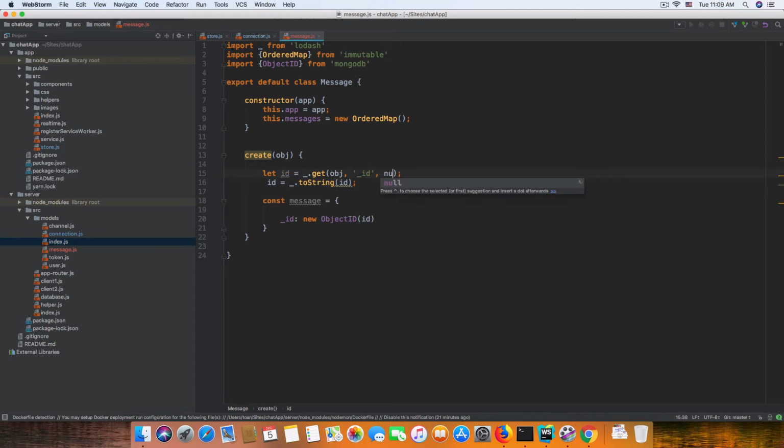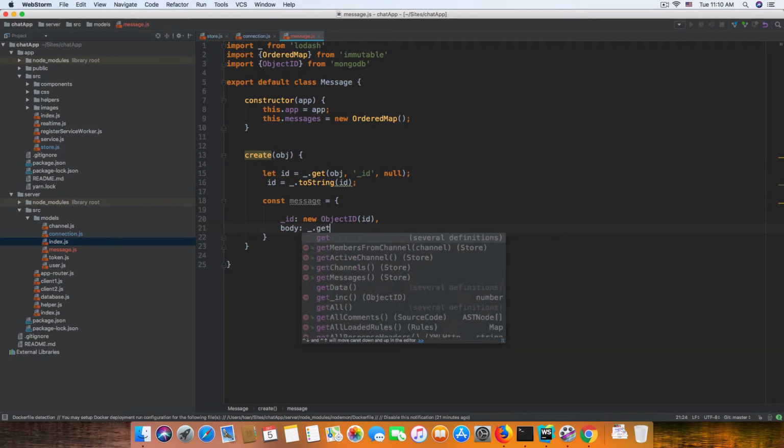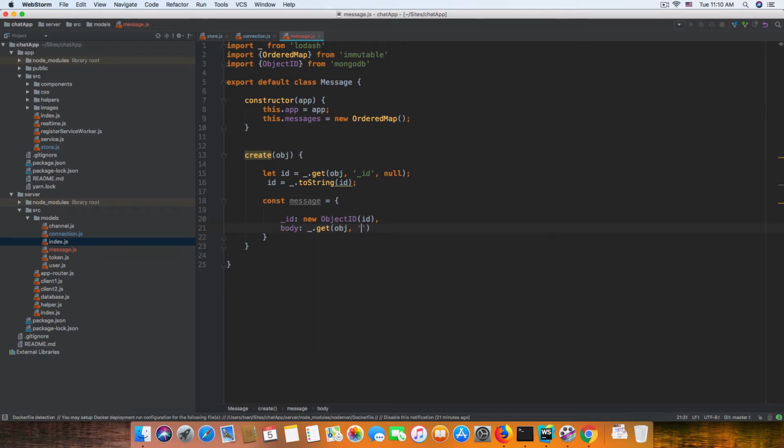So the default is null. So in the new matrix, right? In this case, new matrix, new ObjectId, and what we do is body equal get object with body and default empty string